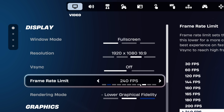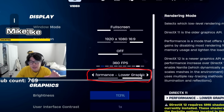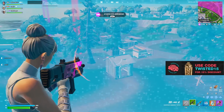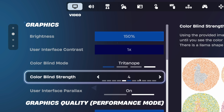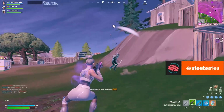For his rendering mode, that is on performance, as it gives the best FPS, which is literally why every pro is using it. Brightness is at 150%, which helps him see better in the storm. It's also the exact same one Peterbot and Bolt are using. His colorblind is currently on Tritanope strength number 4, which makes the colors look more vibrant and can help with